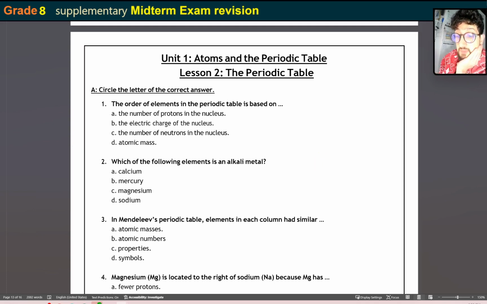Okay. So we're doing Unit 1, Atoms and Periodic Table, which is Lesson 2. And the periodic table, right? Okay, so the order of elements in the periodic table is based on what? It's based on the atomic number, or the number of protons. So the number of protons is also known as the atomic